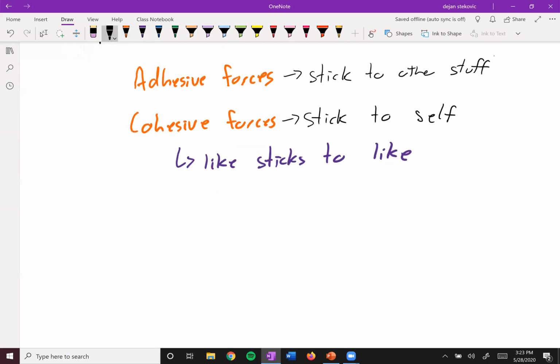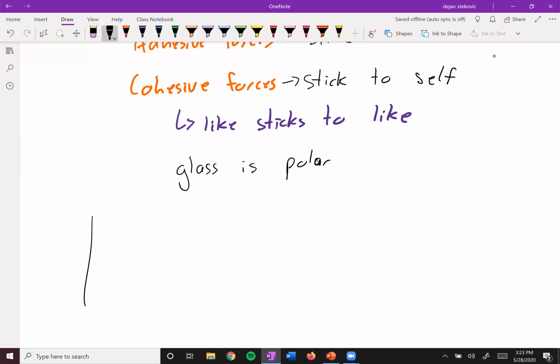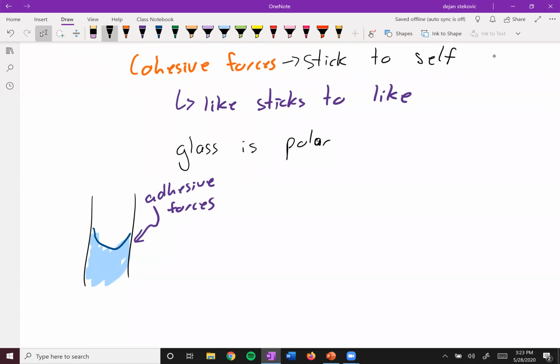One thing to know is that glass is a very polar compound. If we have this glass tube here and some water, we'd get this kind of meniscus. That's because the water likes to stick to the glass. There are a lot of adhesive forces here causing the water to climb up the side of the glass, because they are both polar and thus attracted to one another. If you try this same experiment with glass, but instead you place something non-polar,